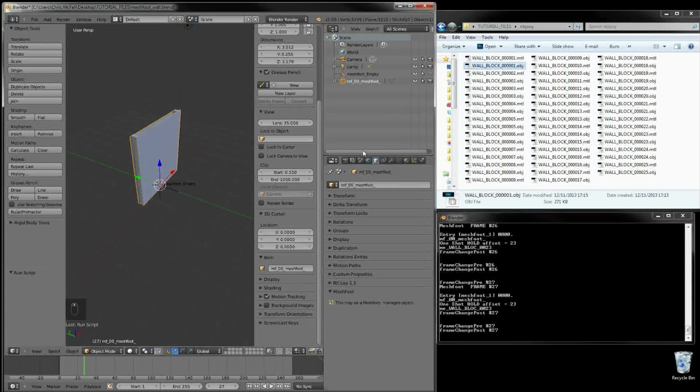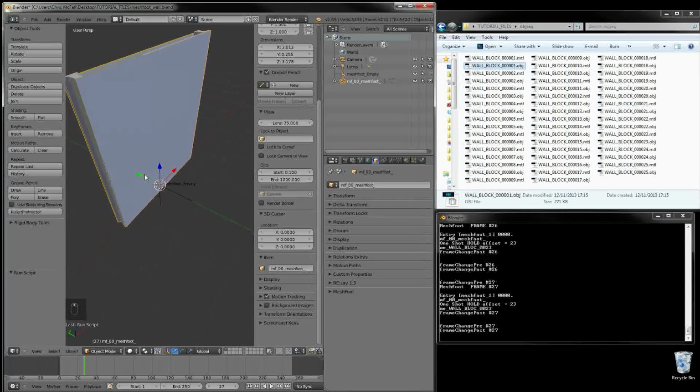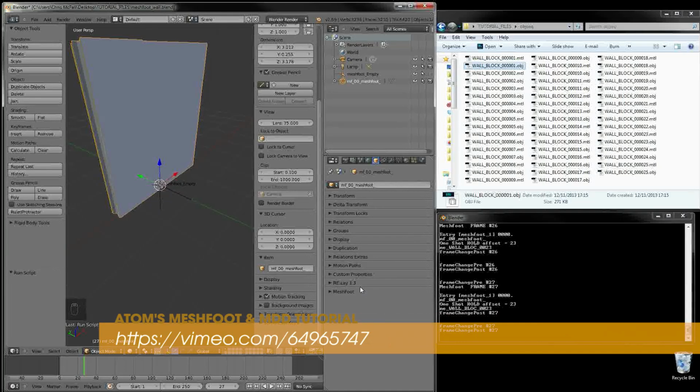Very neat. However, the Meshfoot plugin isn't, as we've discovered, the most user-friendly method of doing things, and I doubt it would stand up to many multiple items being brought in this method. So what we're going to actually do is something that Atom, the author of Meshfoot, explores in a wonderful tutorial that you can find here, is that we're now going to take this and export it